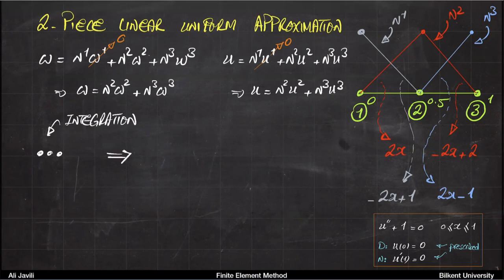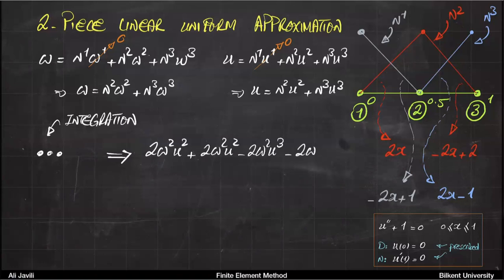But imagine that we just do that, then you end up with something like this: 2w2u2. This is the first term that I just explained to you how you get it. Then you get 2w2u2 minus 2w2u3. I hope I'm not making a mistake here. 2w3u2 plus 2w3u3